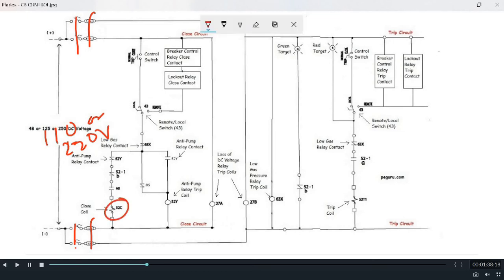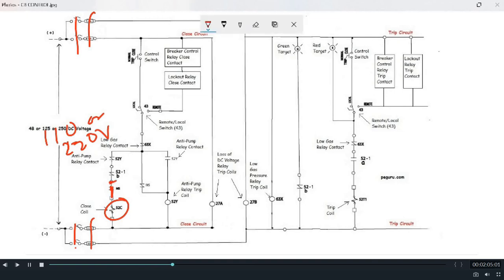On getting a healthy closing contact, the supply provided at the bottom of the closing contact shall further come forward to the opening contact, that is MS. MS is the motor supply contact, that is the spring status, which is used in pneumatic circuit breakers for the closing operation of the circuit breaker. During the operation of the motor, the circuit breaker cannot be closed.